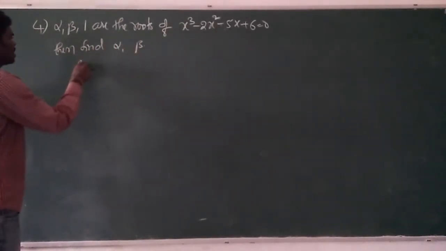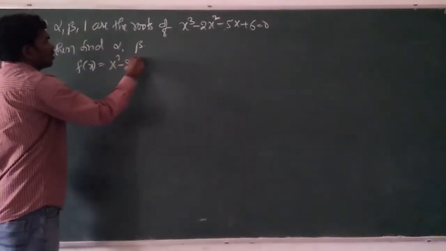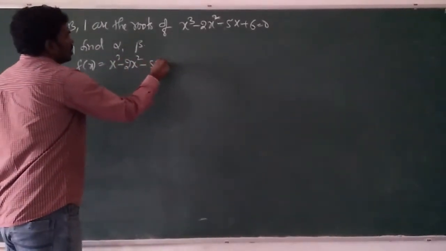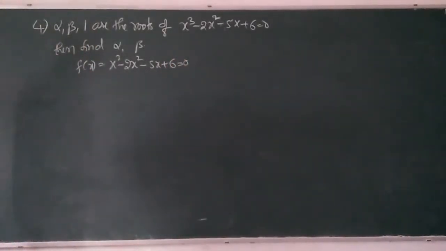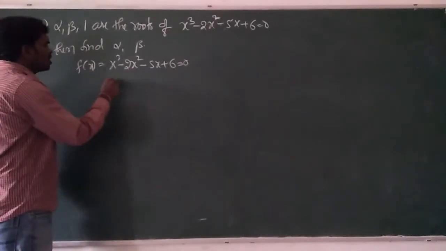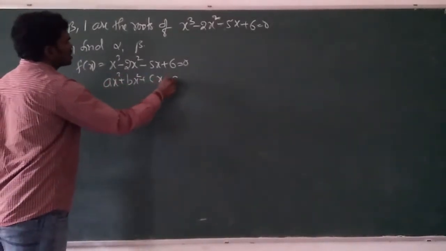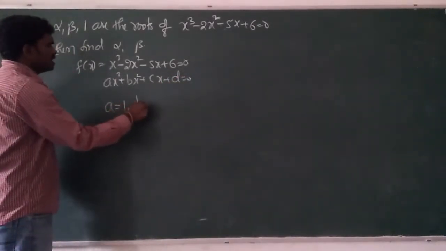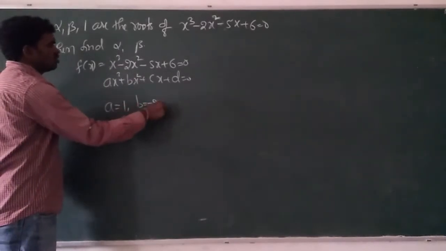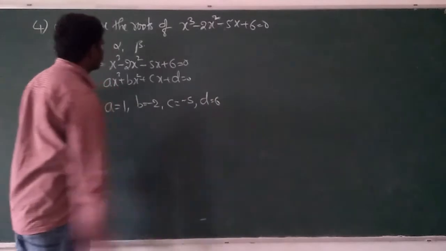See, take the given equation. If you are interested to solve the problem, just pause the video and solve it. After that, you can verify with me. What is the first step? Comparing with ax cube plus bx square plus cx plus d equal to 0. What is a? A is the x cube coefficient, 1, b is the x squared coefficient, that is minus 2, c is minus 5 and d is 6.